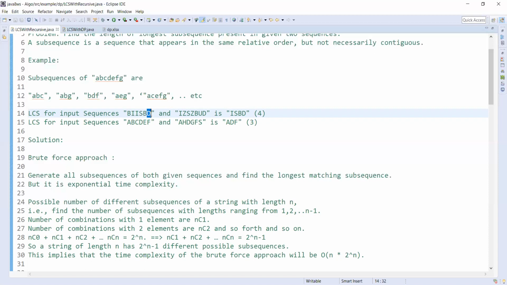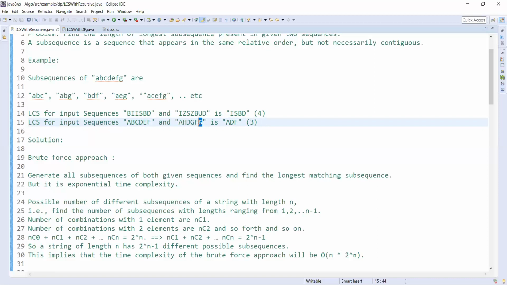So if the last character in both strings matches, and you already computed, for example, that the longest common subsequence is L, then as it's already matched, the longest common subsequence for both strings is L plus 1. Now for example, if those are not matched, in another example, this F and S are not matched.